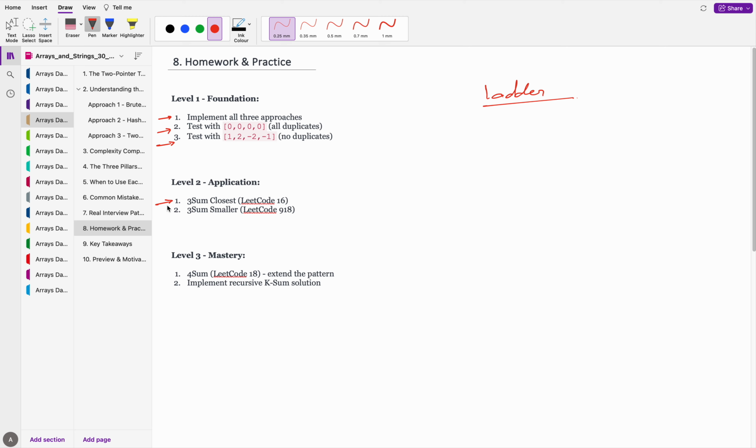Then level 2. Go on Leetcode and directly solve this question. This is a variation of the threesome. Threesome closest and threesome smaller. Okay. Next, mastery level. Just move one step up. Foursome. Extended pattern है and implement the recursive KSum solution. Though if you know recursion, you can solve it. Don't know, then don't do it. First learn recursion and then try to solve. But this is the most challenging problem for you. You can try to solve this. Okay. Same idea होगा, but